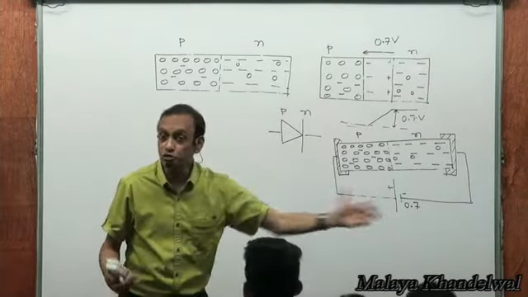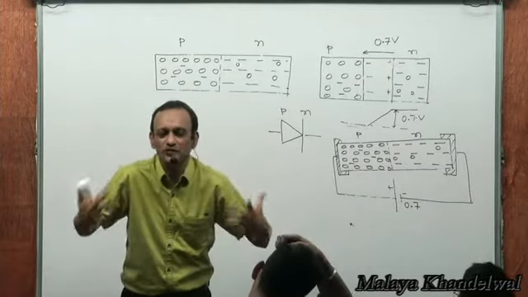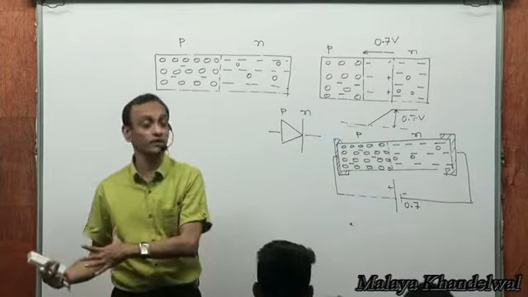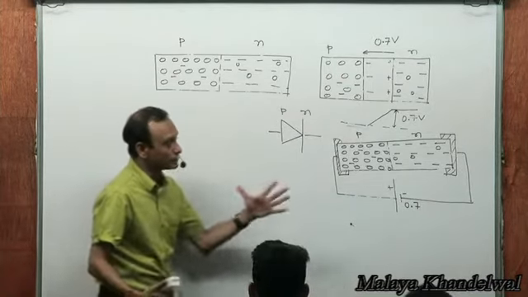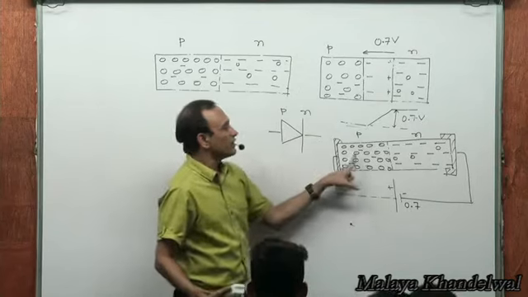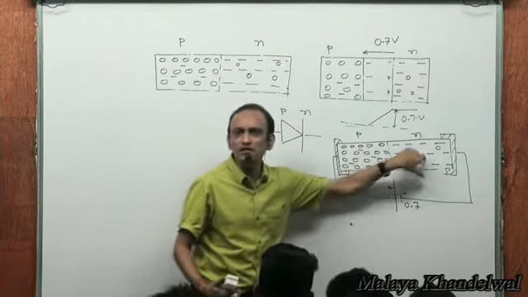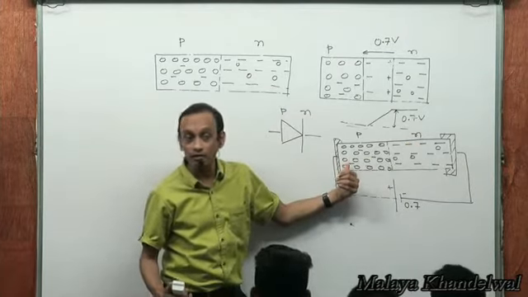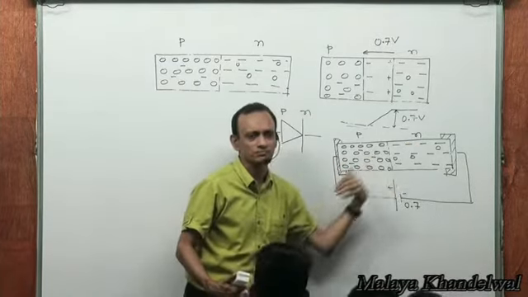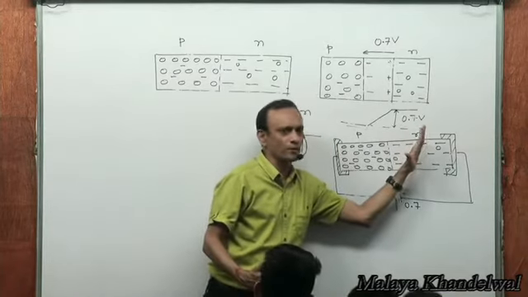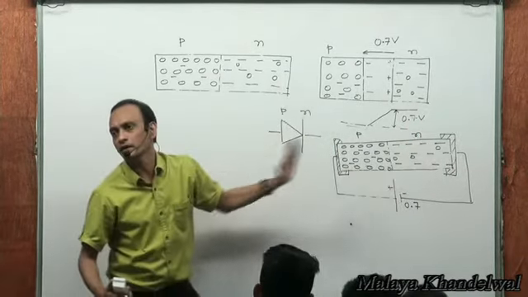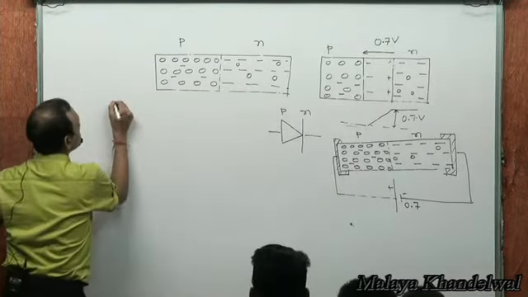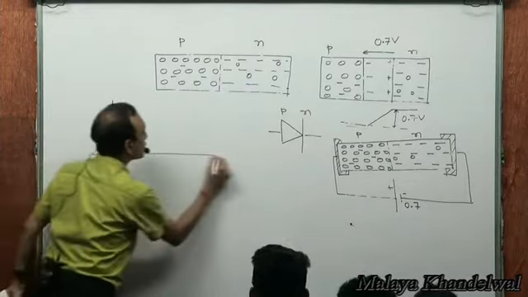But when you see diffusion, it should be looked upon equivalently, not really as an electrical phenomenon, but as a mechanical phenomenon, right? Diffusion starts because there is a large number of holes here and a meager number of holes there. Large number of electrons here, meager number of electrons there. Yes or no? Now diffusion starts. Holes start to go from P to N, electrons start to go from N to P, right? So then, the diffusion current,